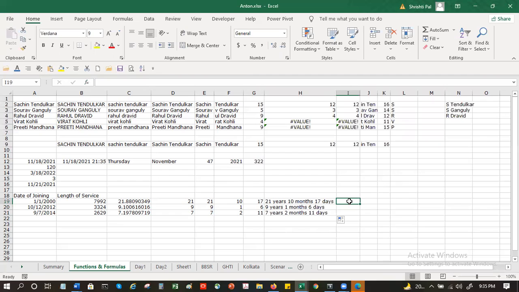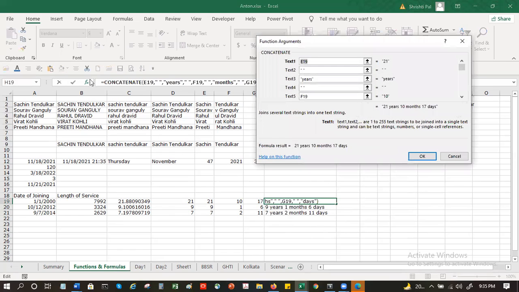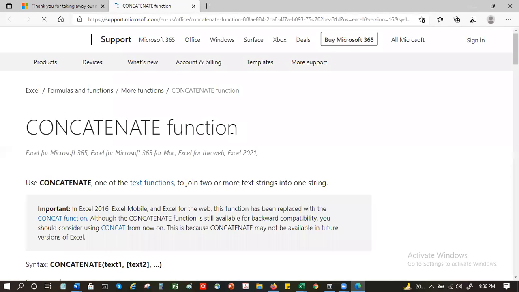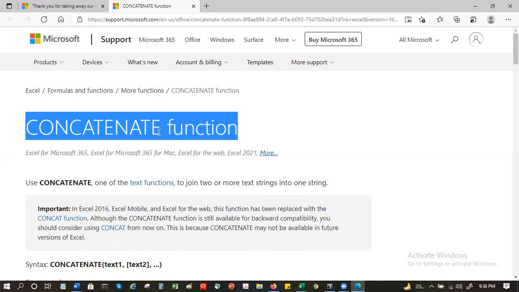Now, while we are on this, let me also show you. Suppose after the class later on, you're stuck somewhere in the middle of something and wonder, there was something I'm not getting. Pull up this window, click on this, help on this function. It will open up that particular function for you.